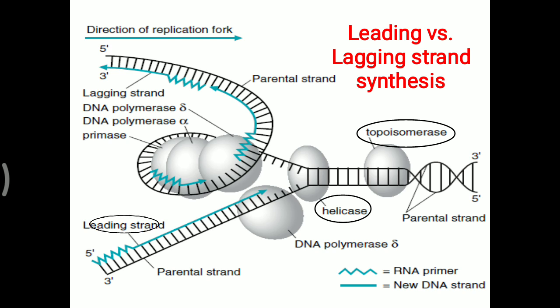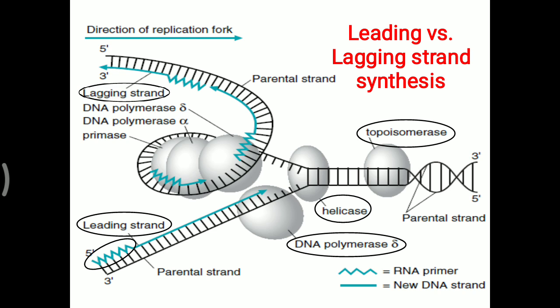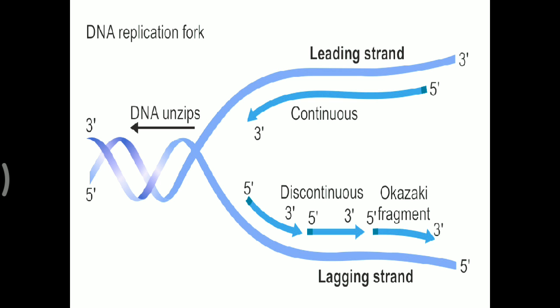For the leading strand formation, as we have already discussed, first a primer is needed. So RNA primase synthesizes the RNA primer molecule, then DNA polymerase delta will work and form the leading strand. What about the lagging strand? Again the primase enzyme is needed to form the primer, then DNA polymerase alpha works for the lagging strand formation. Further continuation sometimes occurs with the help of DNA polymerase delta.